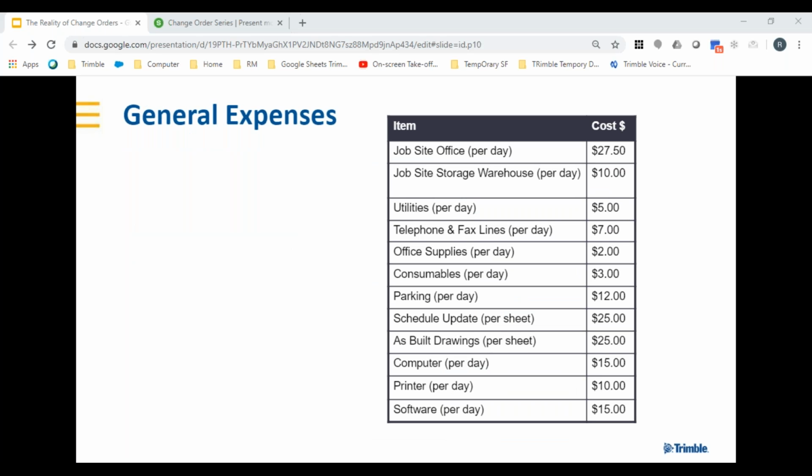Breakdown of your general expenses. Here are some examples: utility costs, phone costs, the consumables that are used throughout the day, but also things like as-built drawings. Even though it's not a consumption date today, there is going to be a consumption of time because of these changes that we're doing. That in the past has